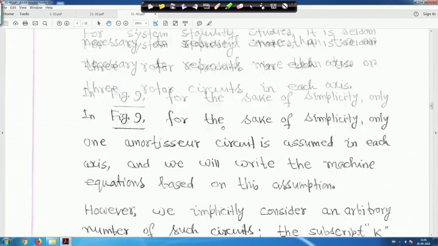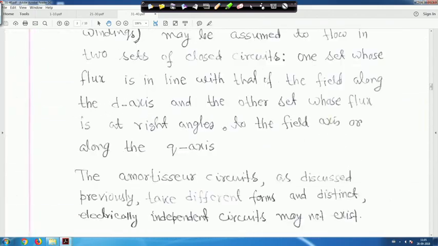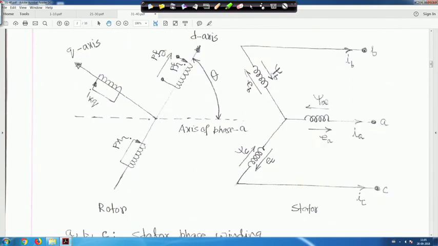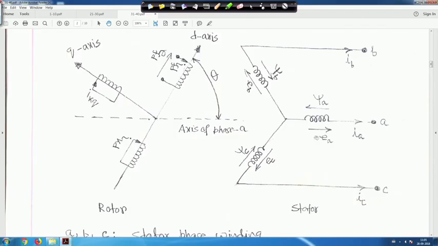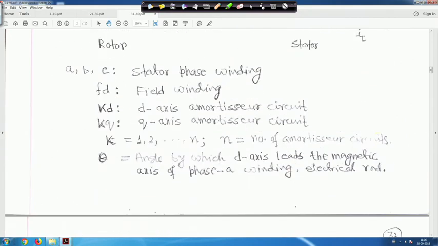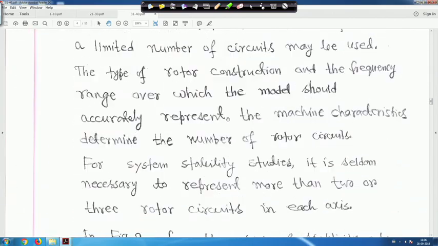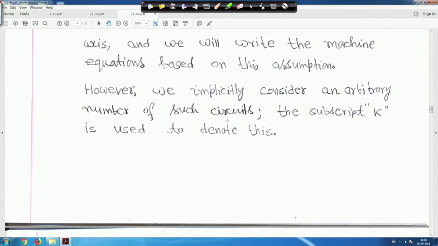So, for this figure we have to apply the coupled circuit concept, and we have to write down all the equations like psi A, psi B and psi C, and also the voltage equations EA, EB, EC. All these things are in terms of psi, and the stator windings also have resistances, which you cannot neglect. So, all these we have to write using the concept of coupled circuits, which you already studied in first year.